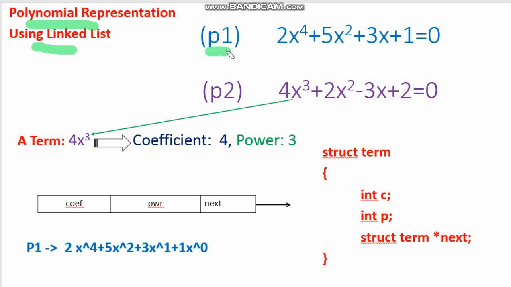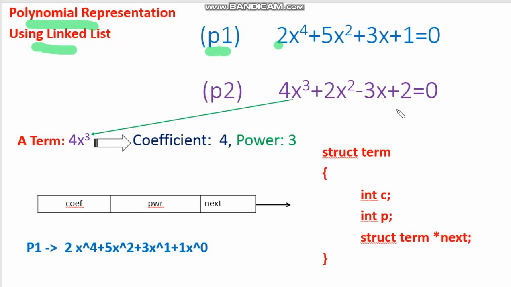So let's imagine a polynomial P1. There are two polynomials written here. For example, polynomial P1, which is of degree 4. So a polynomial consists of coefficient and power. So 2x to the power 4 plus 5x to the power 2 plus 3x plus 1 equal to 0, and